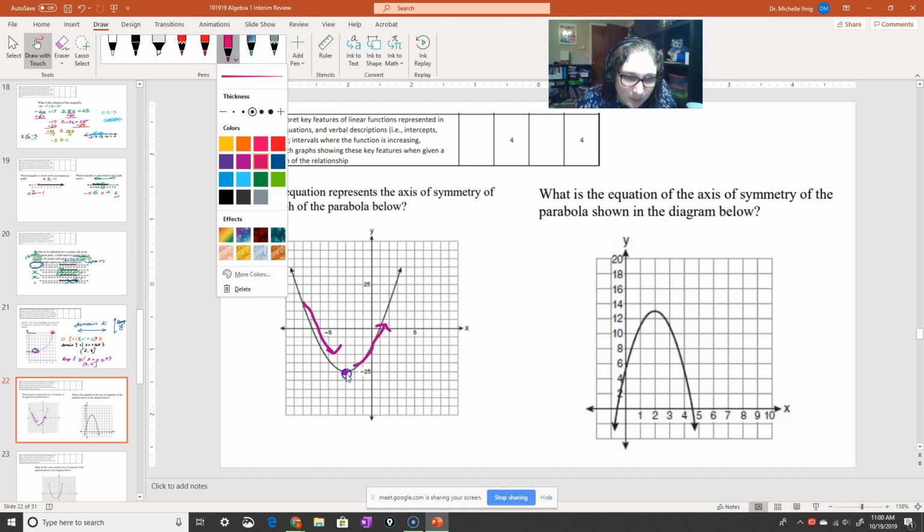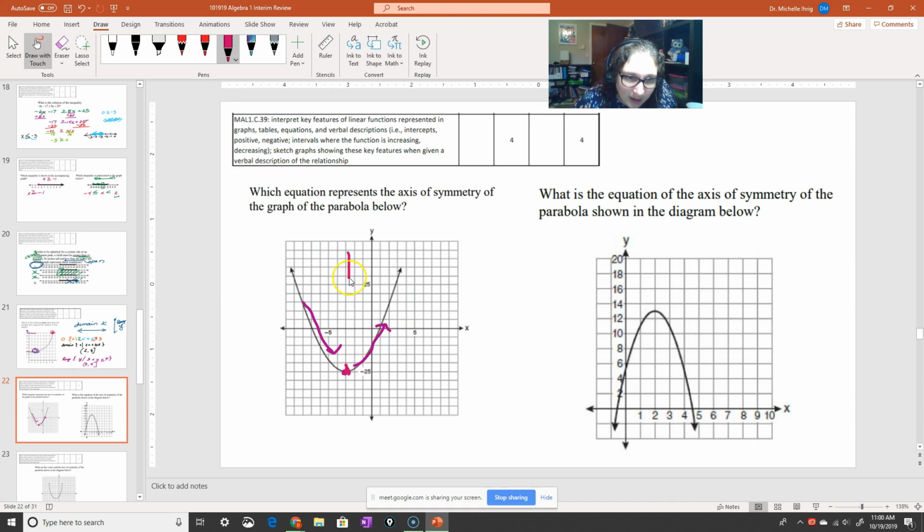Well, it happens at this point right here. And I have a hard time drawing straight lines on here because I always tell myself I can't do it. But this would be the axis of symmetry right here. That's it. Well, what is it? Well, let's look. x, because it's on the x. 1, 2, 3. x equals -3. That's the axis of symmetry. If it wanted to know the vertex, all we do is look at the point. The vertex is the exact point it changes. So it exactly changes at -3, -25, and that's our vertex or our turning point.